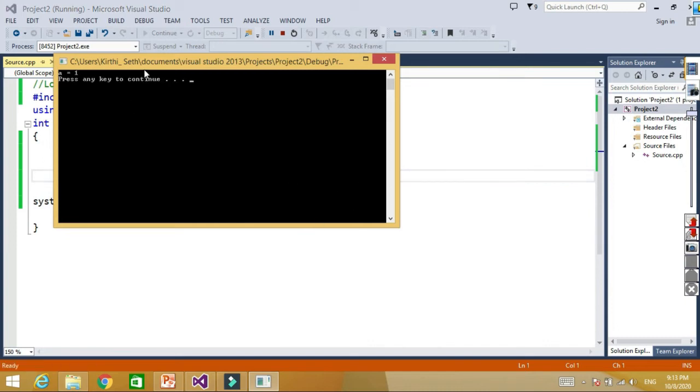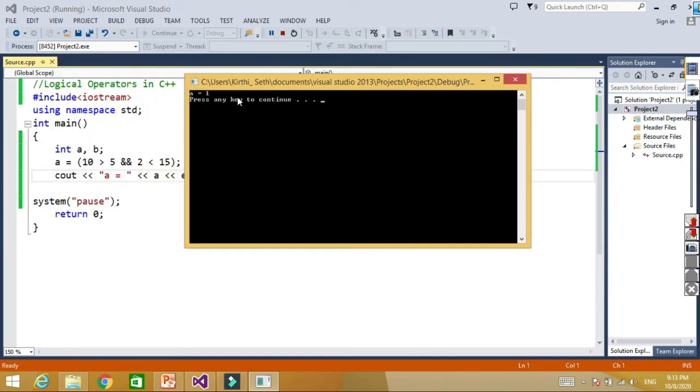See, it is going to give us a is equal to 1.